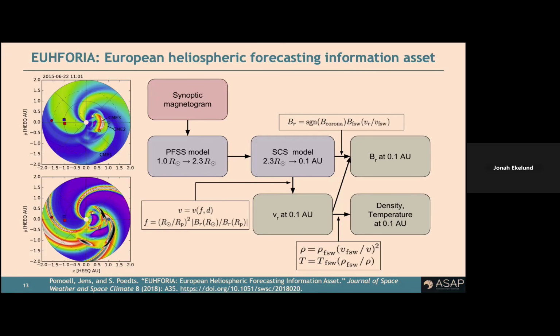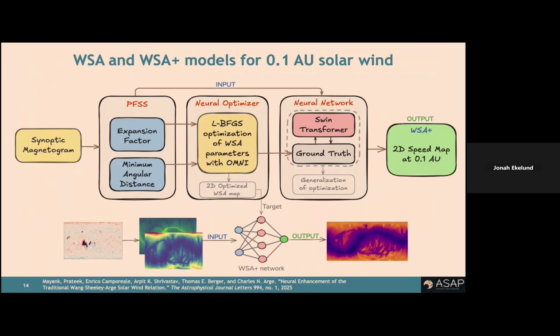And that's the whole point about what we're doing here. And yeah, they will give you the velocity and density of the solar wind all across the heliosphere, including the Earth, where you can compare things to OMNI data, for example. Now, in our exercise session, we are not going to use the Wang-Sheeley-Arge model,